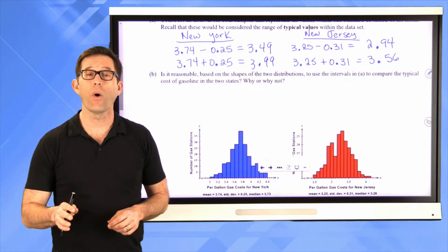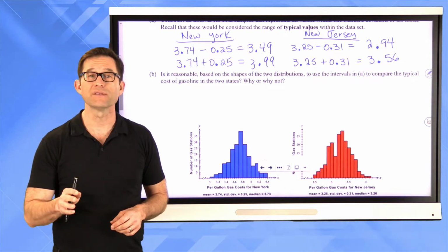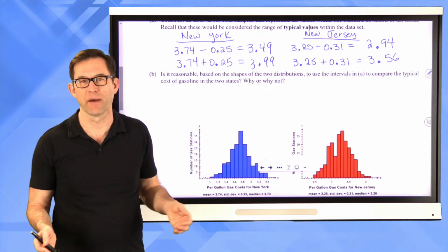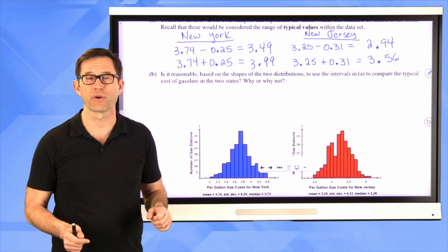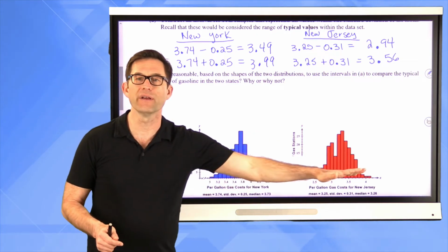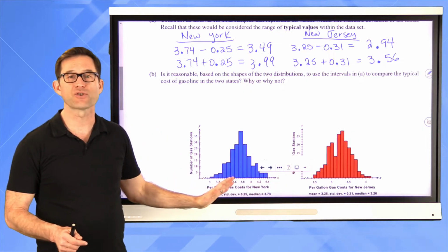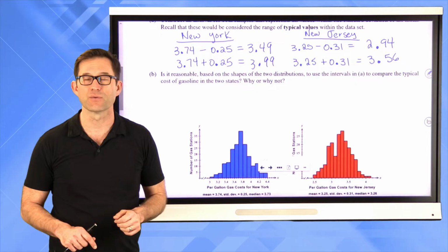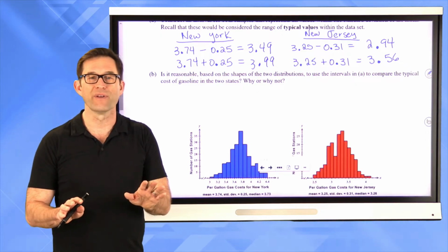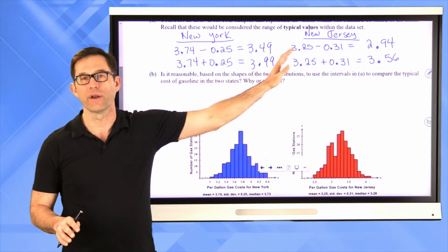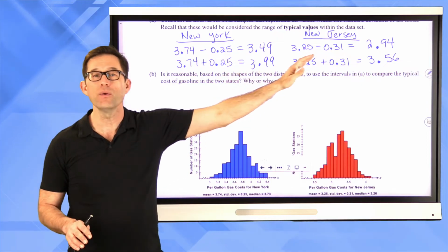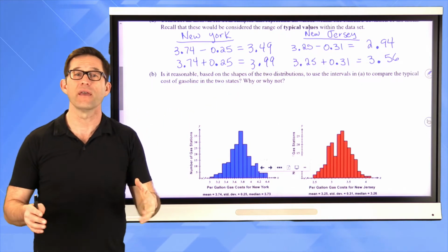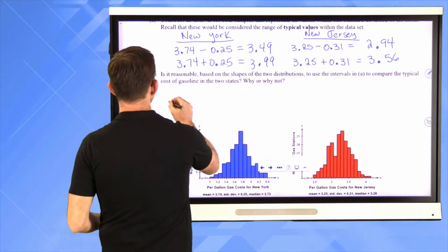And the reason why is because both of these distributions are symmetric, or mostly symmetric, right? They're not perfectly symmetric. Neither one of them is perfectly symmetric. But neither one of them has serious skew going in either direction, and it doesn't appear that either one of them has any obvious outliers, right? And that's where you really want to boil down to, like, why wouldn't we want to use these things? We wouldn't want to use these if we had either skew or outliers in our distributions. So the answer is yes,